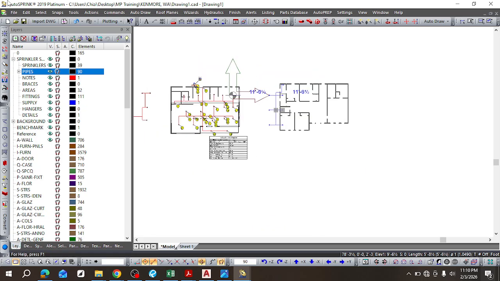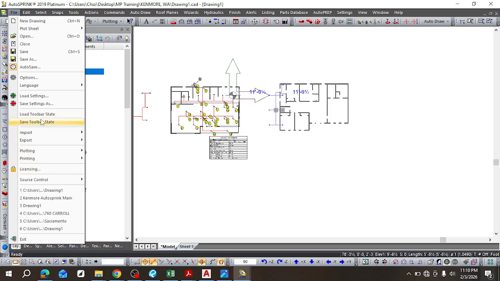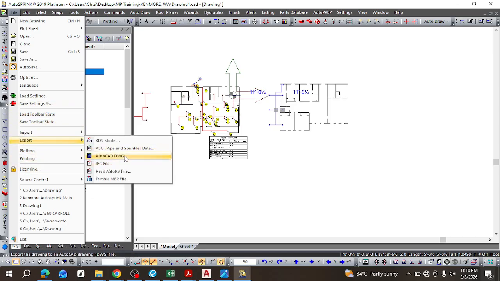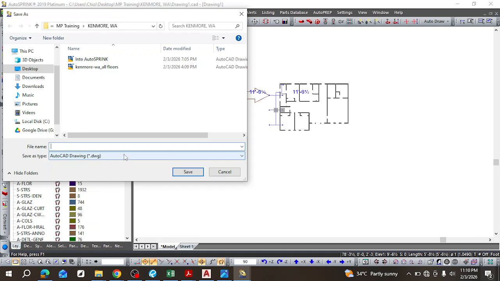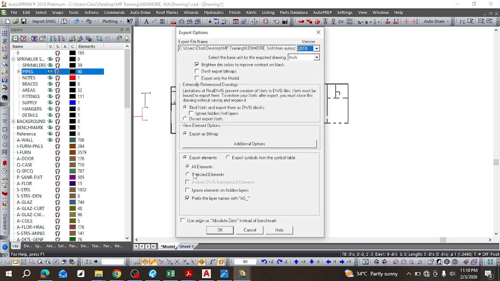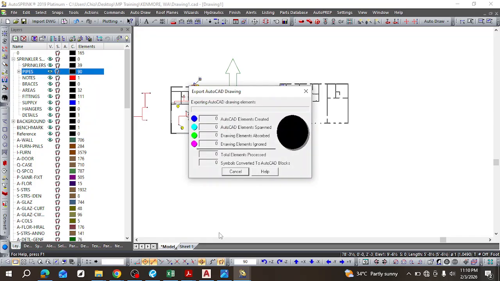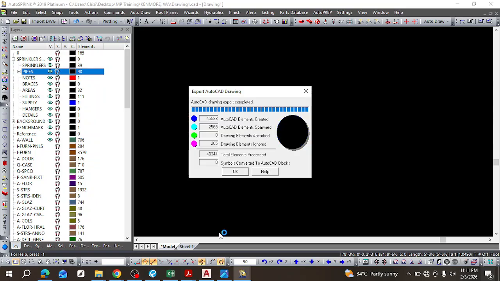So now you export it, file exports to DWG. Okay, let's call it from AutoSPRINK, just like how we do for Revit. Okay, it's in the right folder, and then we check what we need to check here, and okay, now it's going to create an AutoCAD file for us. The whole point of doing this now is that we are able to see our sprinklers in that realistic view that we couldn't see in AutoCAD. We see it here,